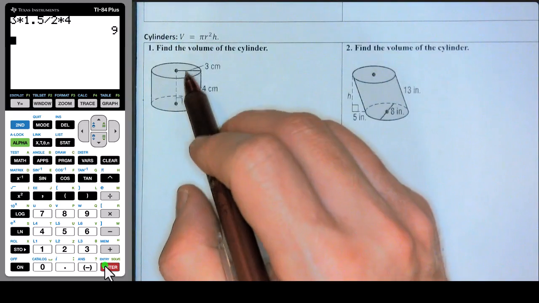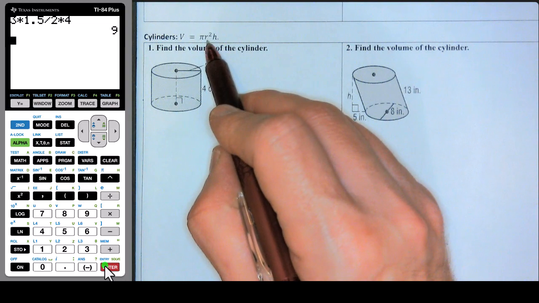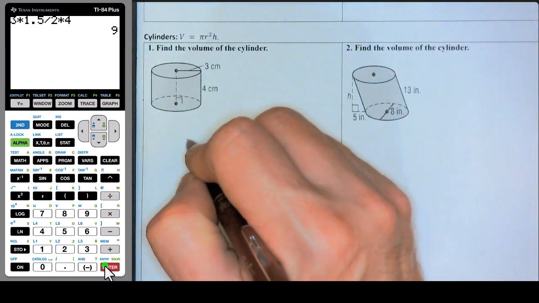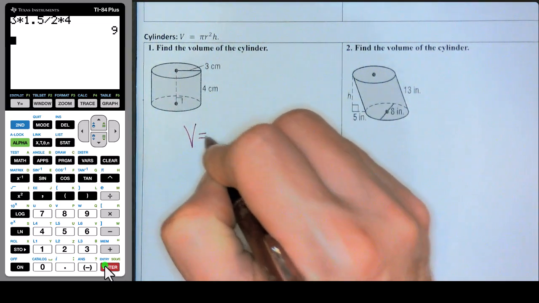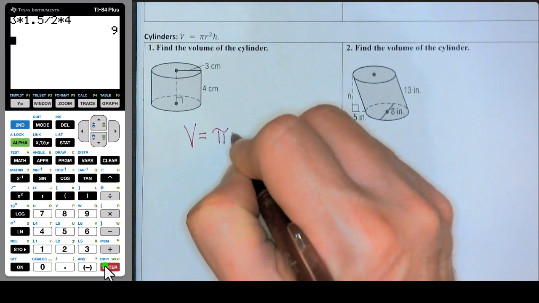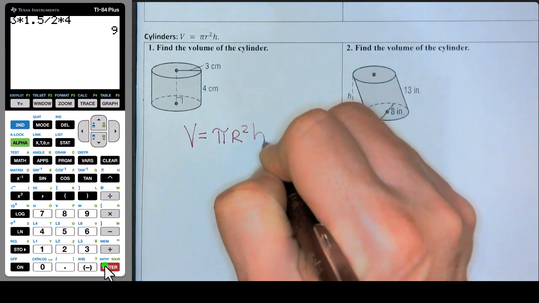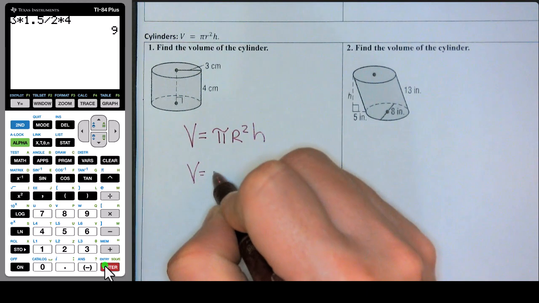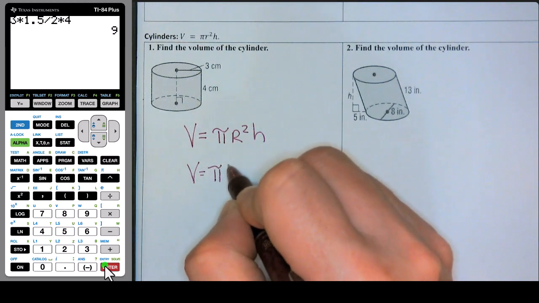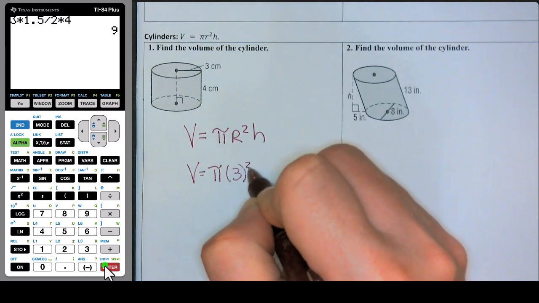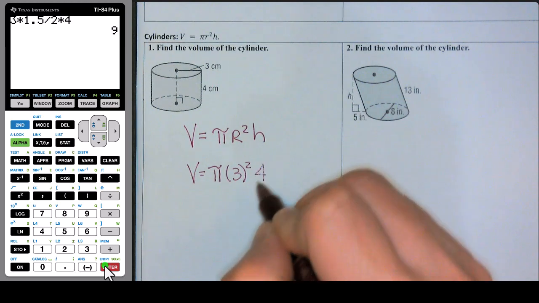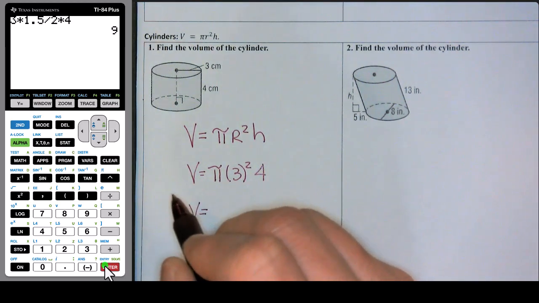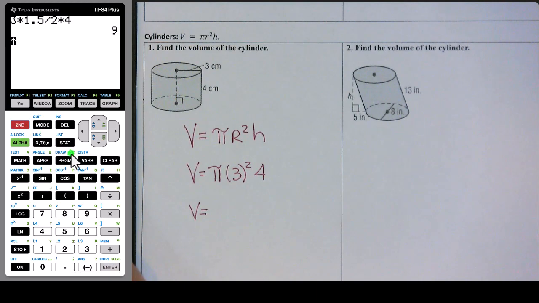Next set of examples is about cylinders, and the formula is pi r squared times h. So here we have a cylinder. So we copy down the formula pi r squared h, and we know that the radius there is 3, squared, times the height, which is 4. We'll plug it in the calculator. So second pi times 3 squared times 4 gives us